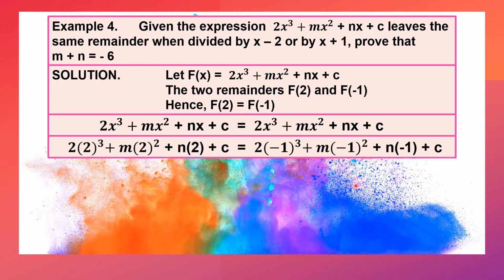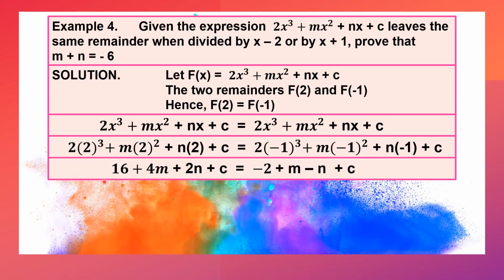So, simplifying both sides, we have 2 cubed is equal to 8, times 2 is equal to 16. 2 squared is equal to 4, and 4 times m is equal to positive 4m. Positive n times 2 is equal to positive 2n plus c equals, on this side, negative 1 cubed